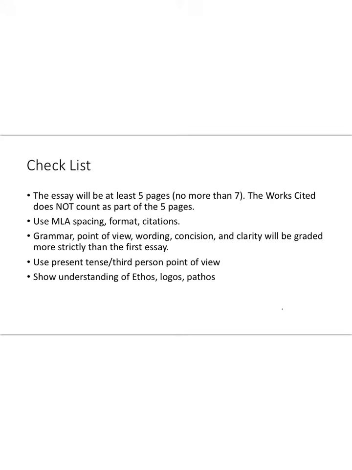You don't want to use slang or words that maybe aren't as definitive. So use present tense when you're discussing research for the most part. The majority of your paper should be in present tense. Of course, if the author is talking about something in the past tense, then you might revert to past tense. But we always say, the majority of the paper should be in present.